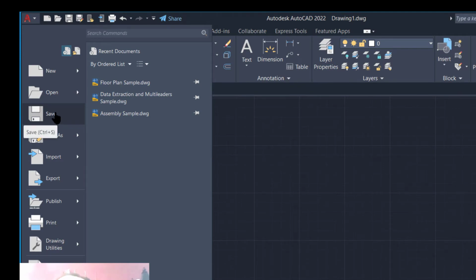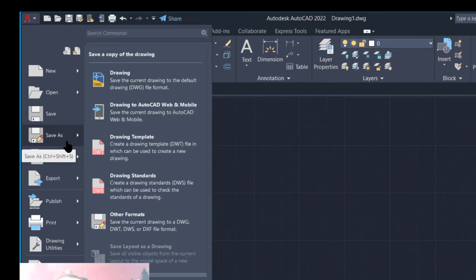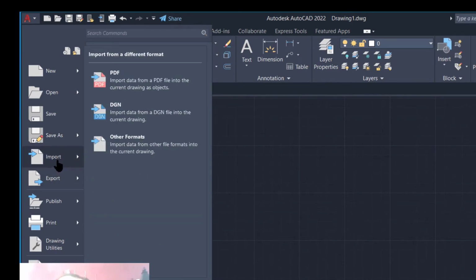In New you will create a new drawing. Open, you will open your saved drawings which you created earlier. In Save, you will save your work. Save As means if you want to save your drawings in another format like PDF or image, then you can use Save As.